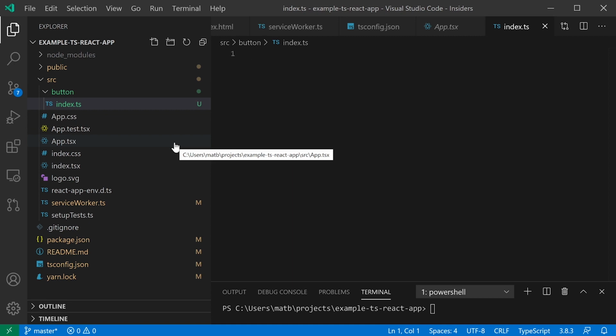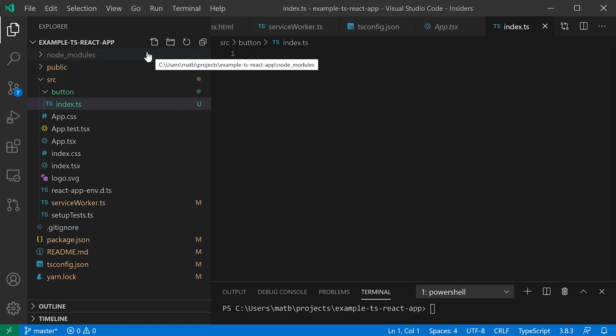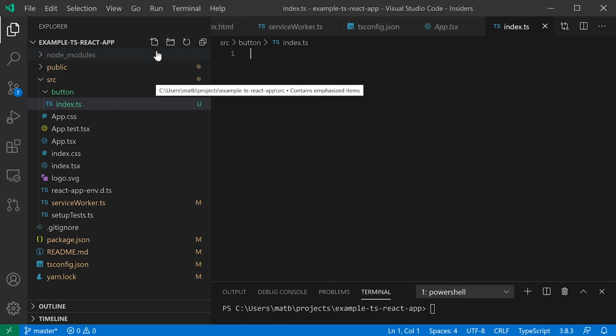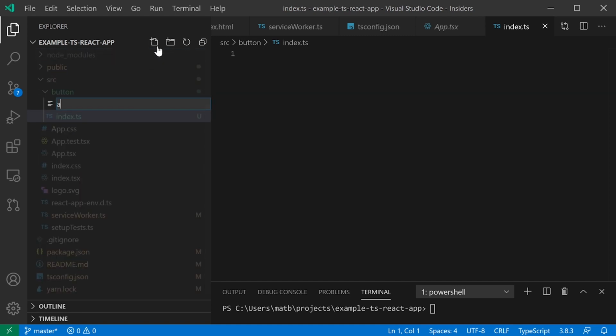So I didn't have to use the create folder first and then create a file inside of there. I could just use the new file command. Now, of course, you can also get more complicated with this. So if I wanted to do something like